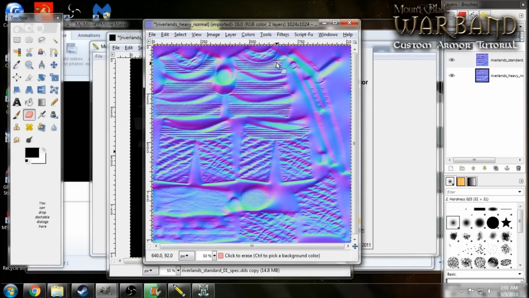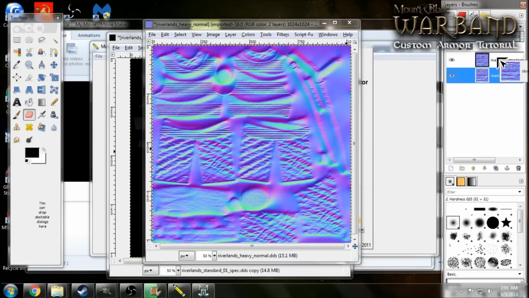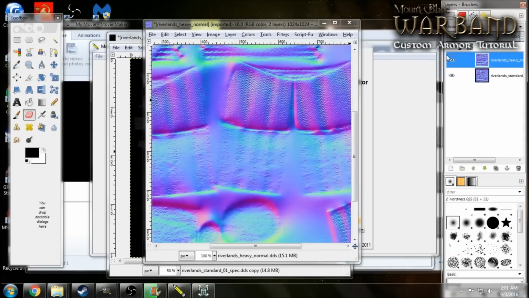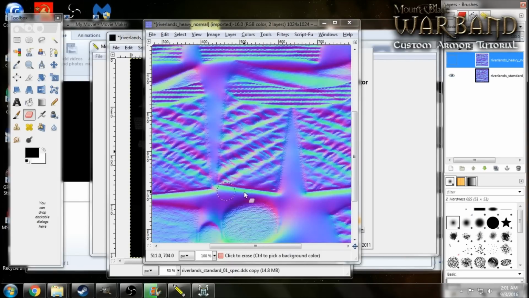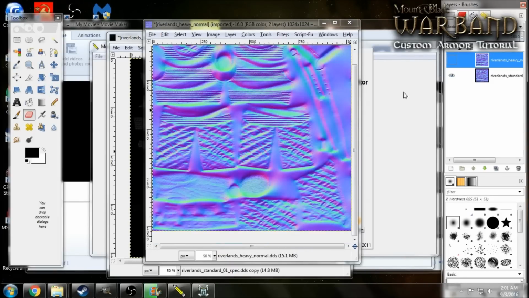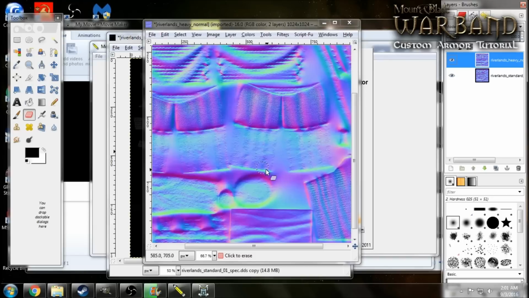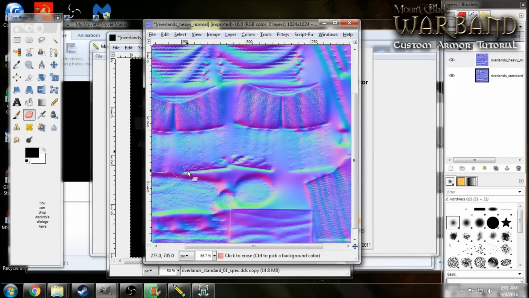Now, because we changed the material from chainmail to Gambison, obviously the texture of that material is going to be slightly different. And so we can see on this one that the leather flaps here are very smooth, but on this one the Gambison is kind of rough and bumpy. So basically what we're going to want to do is exactly what we just did for the other texture. We're going to want to erase everything we replaced there, here as well. And that way